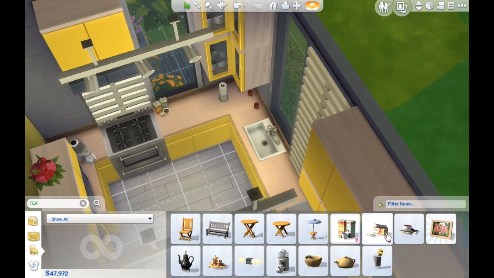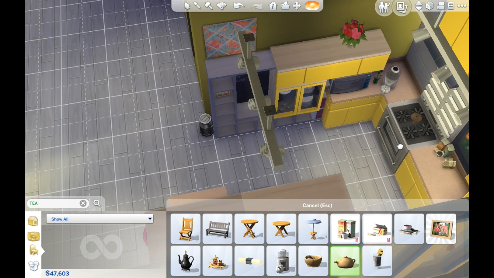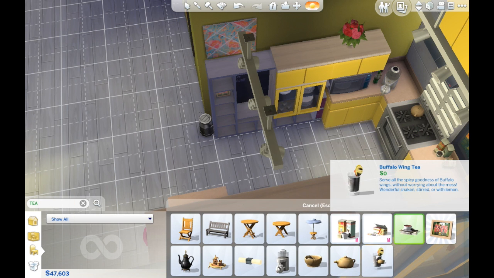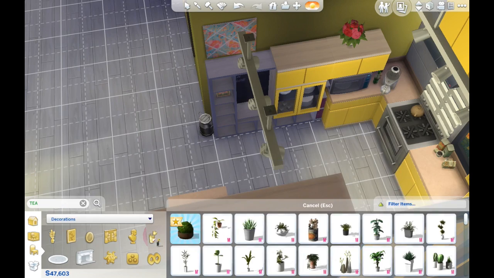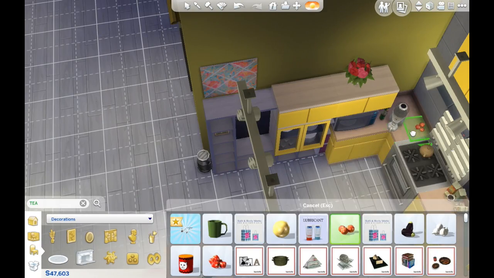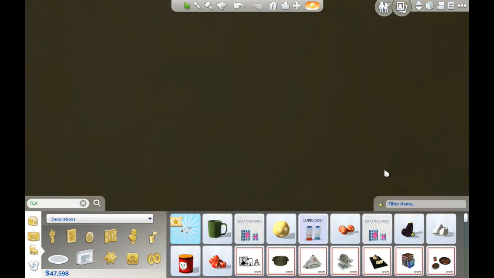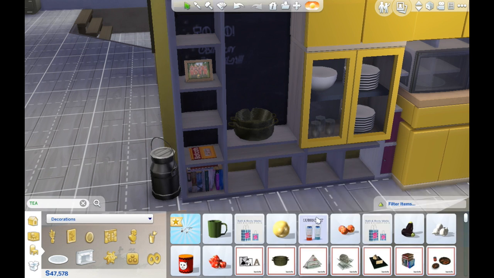I'm putting in some kitcheny, cluttery things. That made me think of tea, and I just thought, let me throw in all the things that have to do with tea in the house real quick. I went ahead and threw a teapot right there on top of the stove, and some kitchen stuff. Oh my gosh, there we are again. Alright, so we've got some books, and we're going to throw in some...